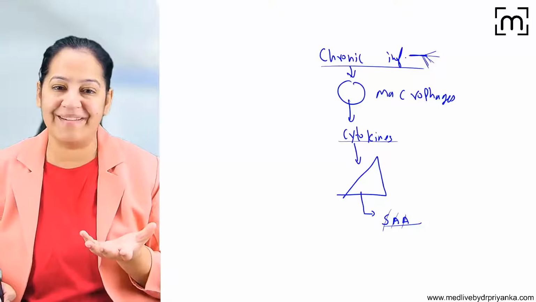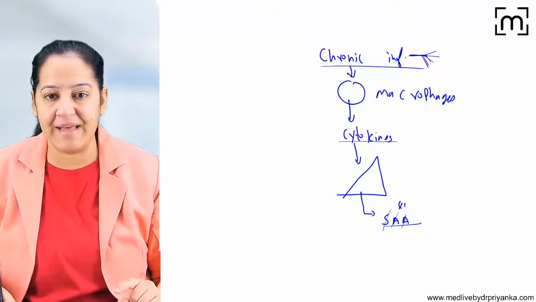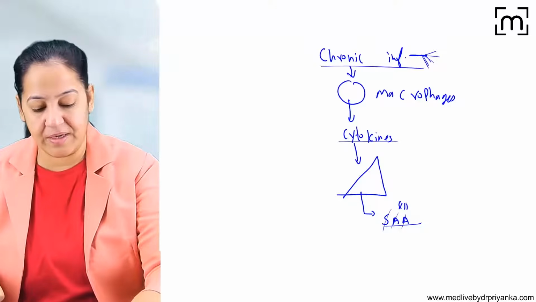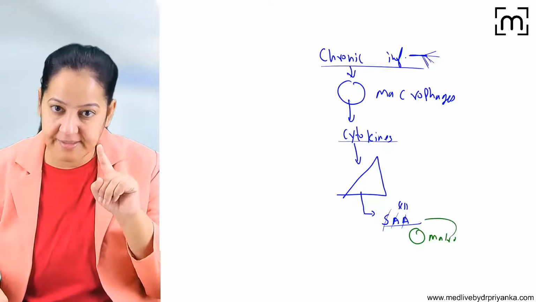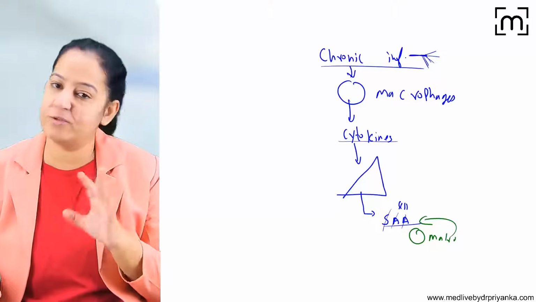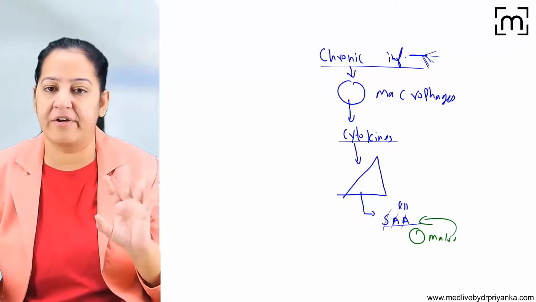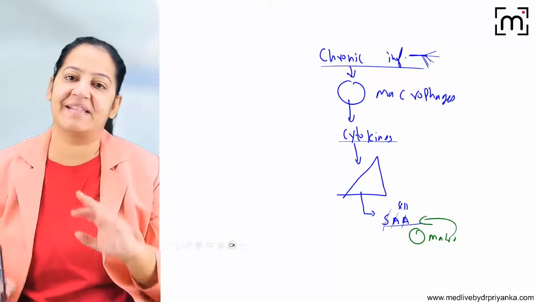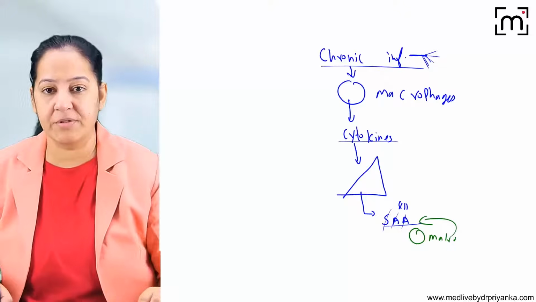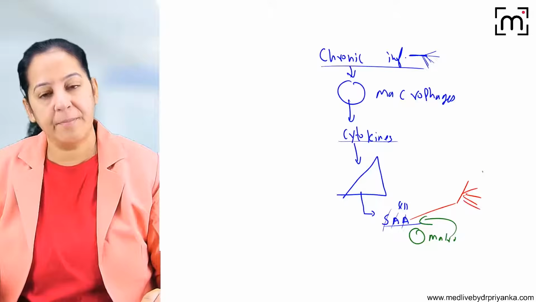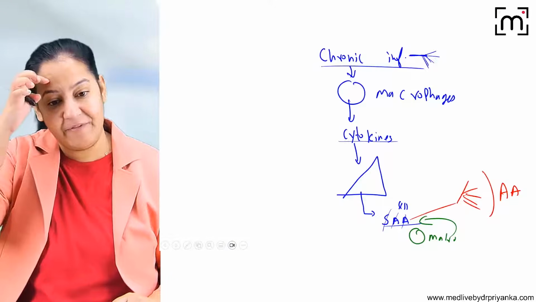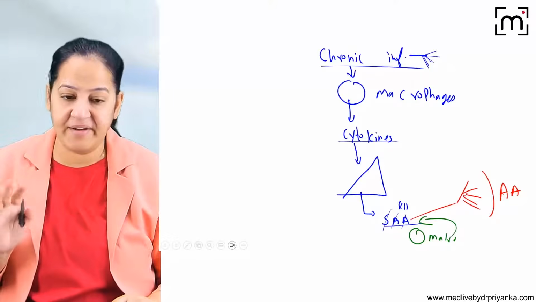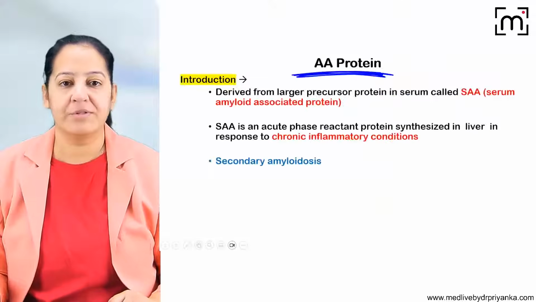Now it's an abnormal protein. So this is abnormal protein, SAA. So basically the macrophage will come and try to degrade it. This is the macrophage. It will come and try to degrade this SAA. It is only able to partially degrade it, not completely degrade it. Partially degraded SAA is the amyloid. And this will go and deposit in various organs of the human body, producing this type of amyloid. This is known as AA type of amyloid. Here the partially degraded SAA gets deposited everywhere. So this is the pathogenesis.